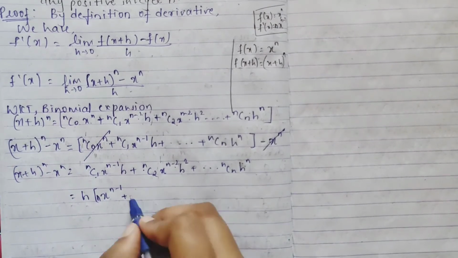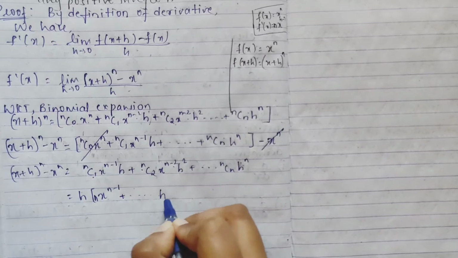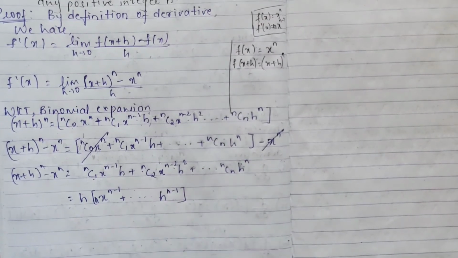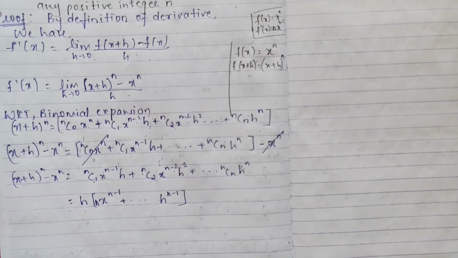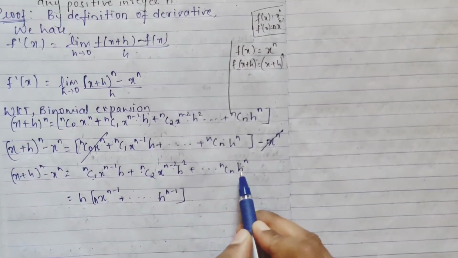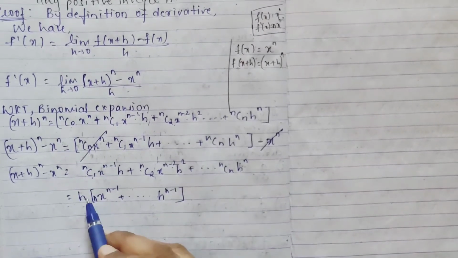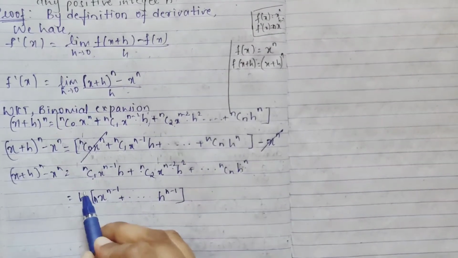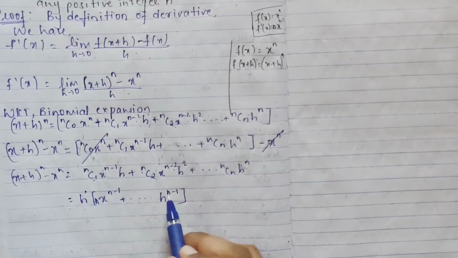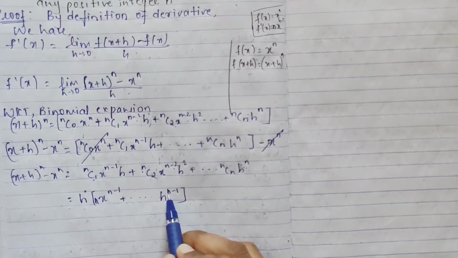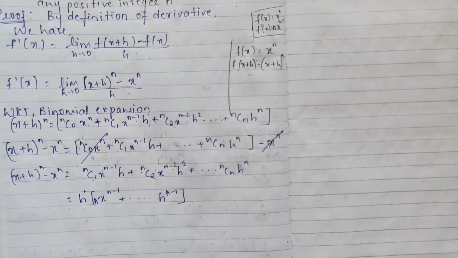plus again here n into n minus 1 you will get, so on up to h raised to n minus 1. You are left with h raised to n minus 1. How? See, in this, h raised to n is there. Here you have h raised to n, and from this, if you have taken one h common, the powers reduce: n minus 1 plus 1 cancels and you will have the same. So one power will be deducted when you are taking h common.